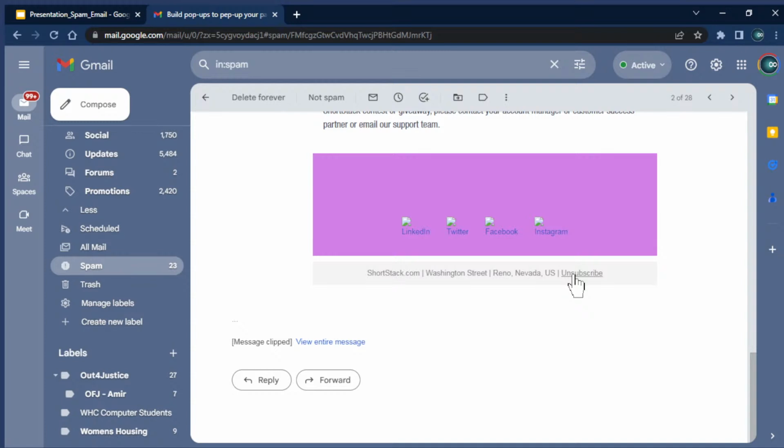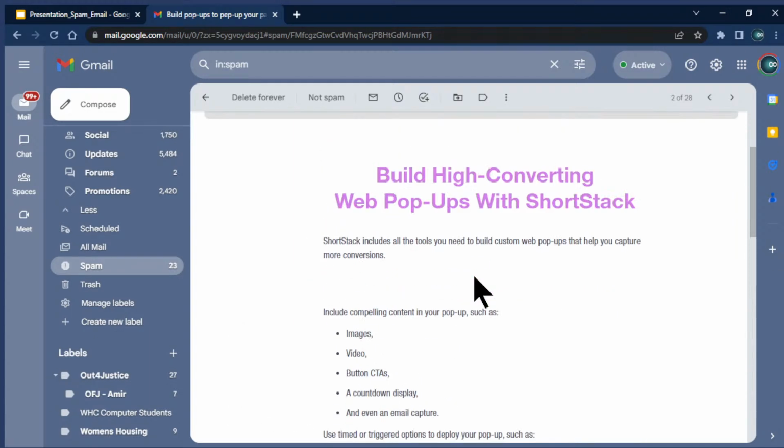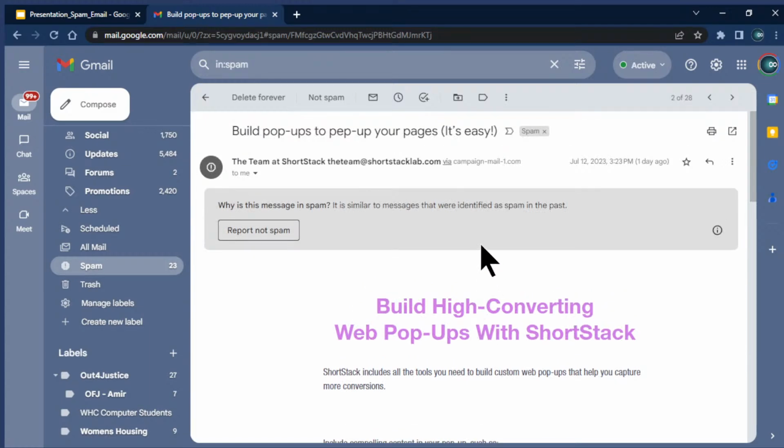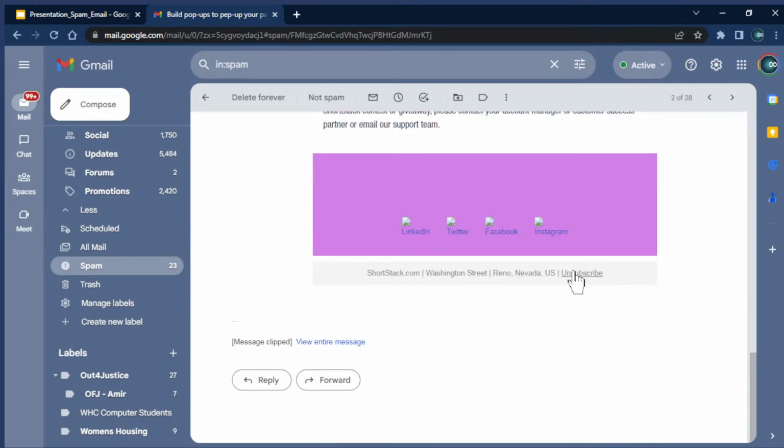But once I unsubscribe, that is enough. Short Stack shouldn't send me any emails at all. It shouldn't matter whether they go through another third party. I should not be getting an email. They should be actually taking my email out of all of their email lists. You hope and pray that they do that, right? But that's one way to prevent getting email sent to you.